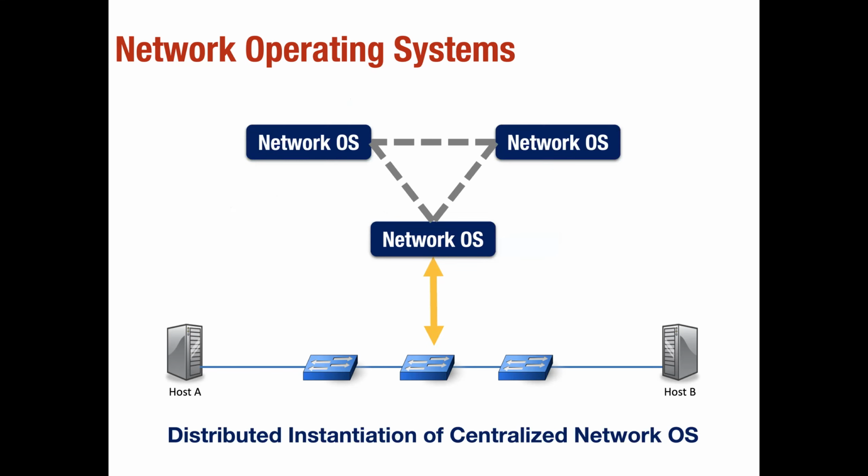All right. Network operating system. So a network operating system can be a distributed instantiation, right? It is a centralized abstraction, but it can be implemented as a distributed system, right? Let's soak that in, because this might be a bit confusing and overwhelming: we're arguing for centralization and then we're talking about a distributed system, right? So let's try to understand the nuance here.